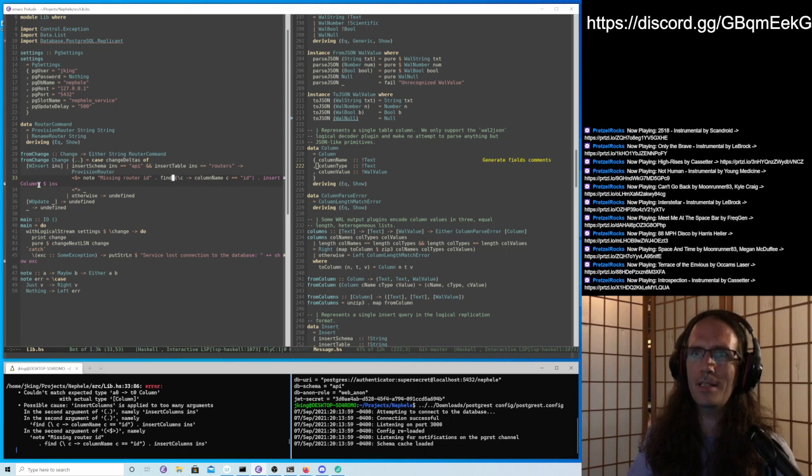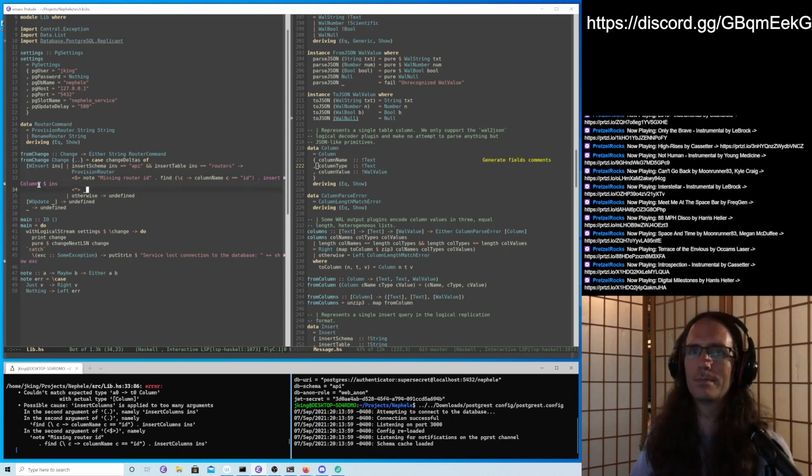I've tried teaching Haskell to people before, and I think this is a style that is a little bit confusing. But once you get used to it, it makes total sense. To me, at least. You get used to it, and it's just like, okay, no problem. That's the way it should be. It also works really well with typed holes. As we just did here, we started with just the first function. We knew we had to get the columns out of the record. And then what to do with that? You just put a hole and a dot, and you're good to go. So that's kind of why I like it.